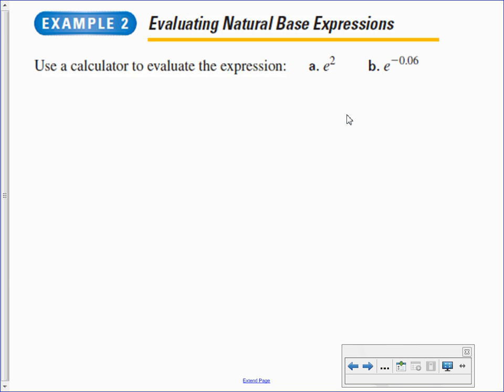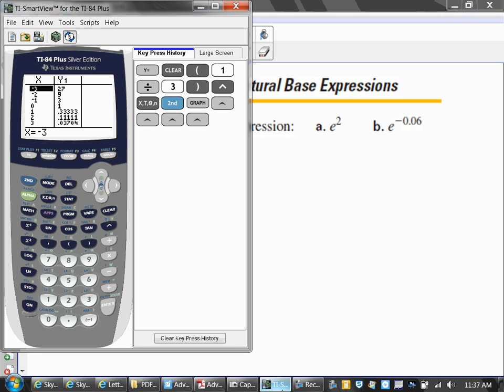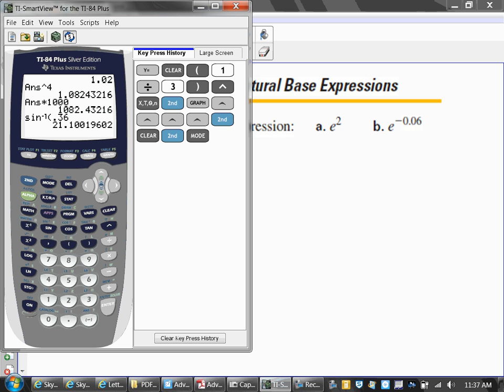do we all know where the E button is on our calculator? Let's find the E button. Here's the calculator. The E button is second divide. Letter E. E squared equals what? 7.38905. So you can sing Let It Be to anything. So I just wanted to show you guys where it is on the calculator because you will use it when you're going to graph. So speaking of graphs,